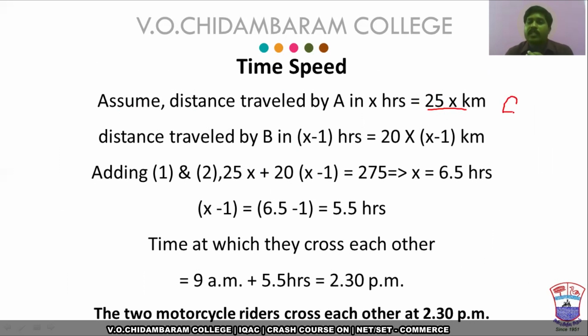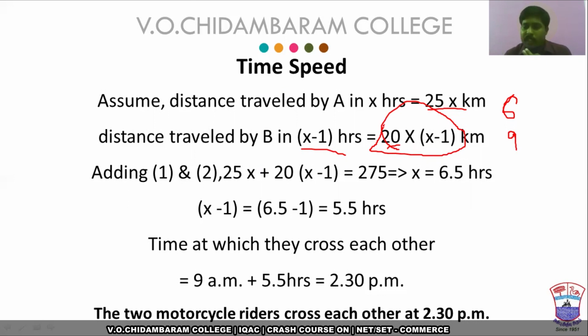So A starts at 8 a.m. B starts at 9 a.m. So he takes x minus 1 hours to reach the common point. Their speed is 20. So the overall distance traveled by motorcycle B at the reaching point, that is the crossing point, is 20 into x minus 1. So adding this, we will get 275, because